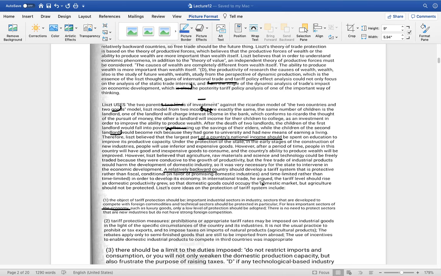In international trade, the tariff level should rise as domestic productivity grows, so that domestic goods would occupy the domestic market, but agriculture should not be protected. And his idea on protective system includes